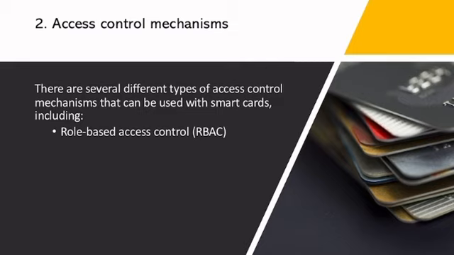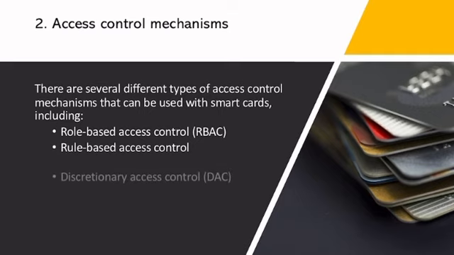to access. Number 2, Role-Based Access Control. It involves specifying a set of rules or conditions that must be met in order for a user or a device to be granted access to a resource or function. For example, a rule might specify that the user must be authenticated using a specific smart card in order to access a particular resource. Number 3,